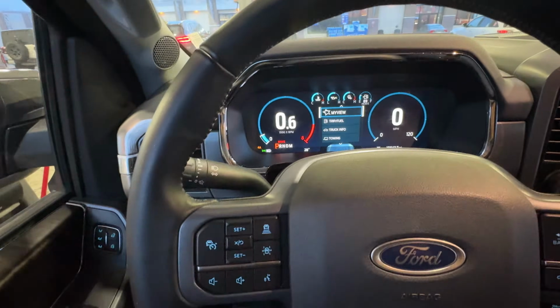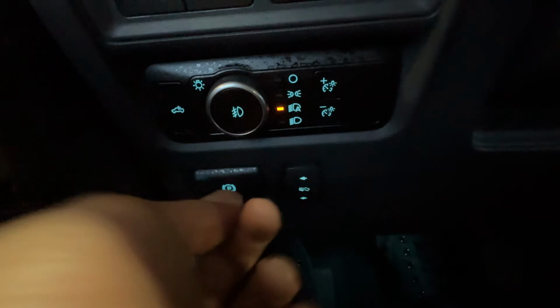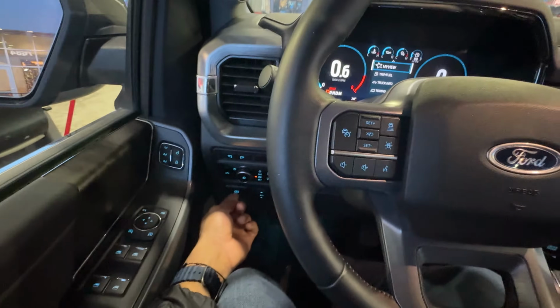So, all right, you're going to come down here, and then you're going to press on your brake. You see my foot is pressed on the brake. Now I'm going to press this. Now watch what happens when I do it now. I'm going to press this,